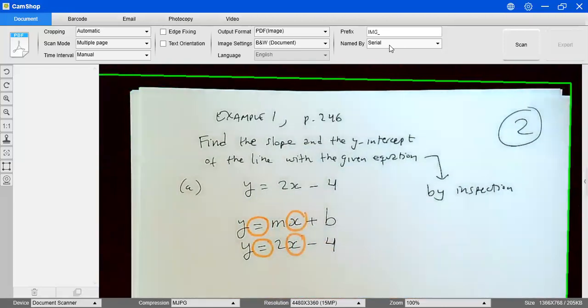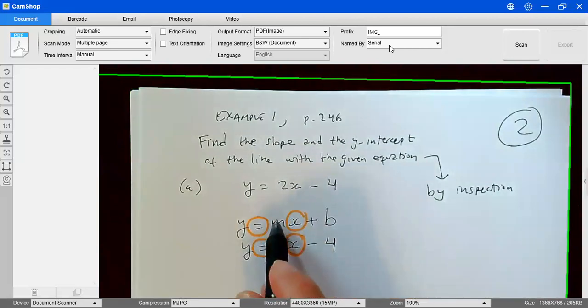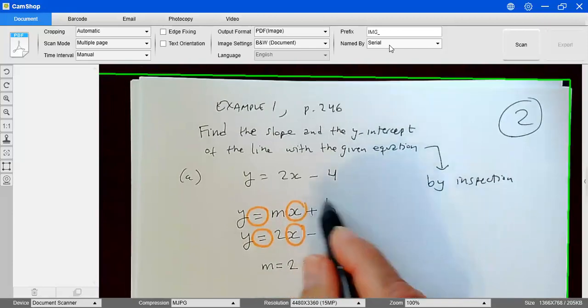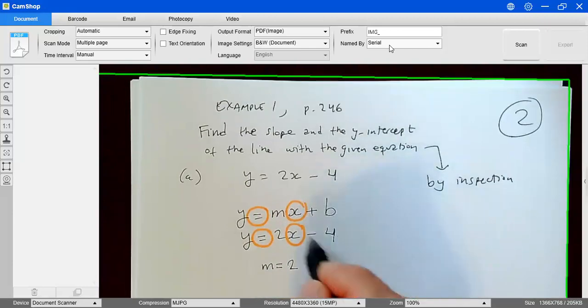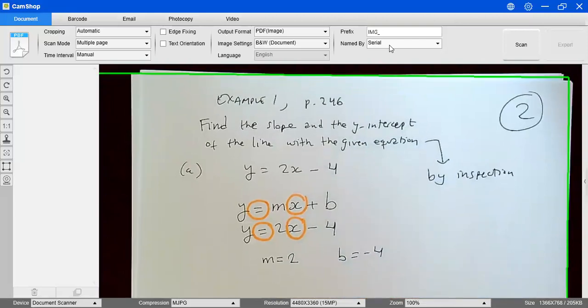So from just checking these two equations, you can see that in between of these two circles, you have m and you have 2, so you can say that m equals 2. And also the remaining part on the right-hand side, you can see b equals negative 4. So that's the way that we proceed